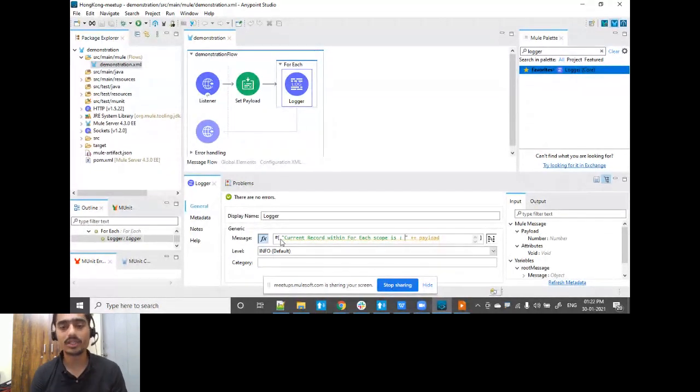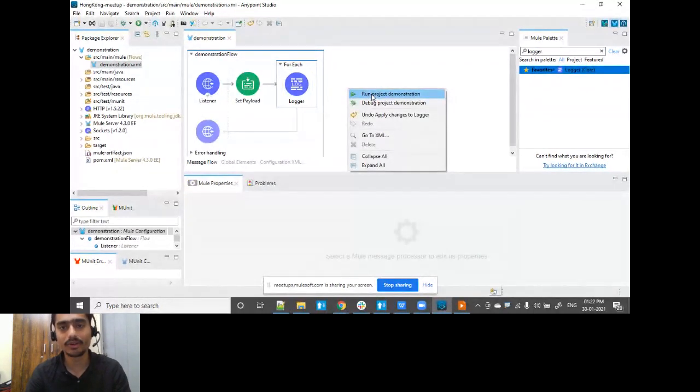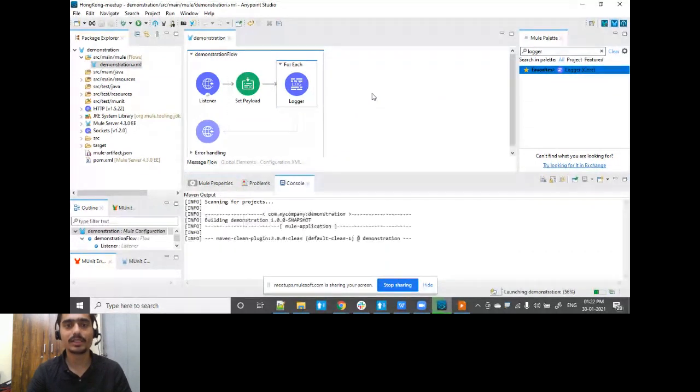Current record within for each scope is, so this is what I'll keep as the base, and let me run this application. We will first complete the basic requirement, then we will move to a bit more advanced use of this for each scope.